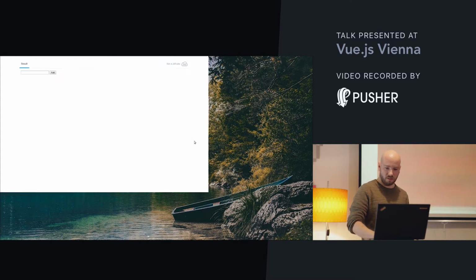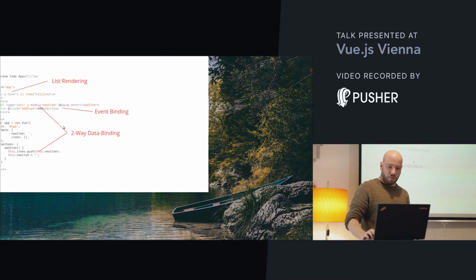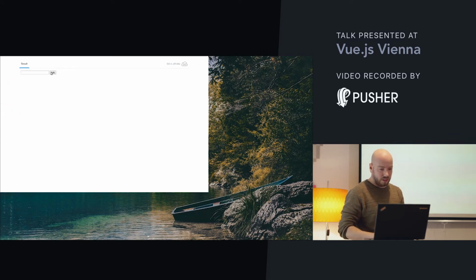If we run this application we see here, we get this. We get a list of items. We can add items, and it's almost like a to-do application. But